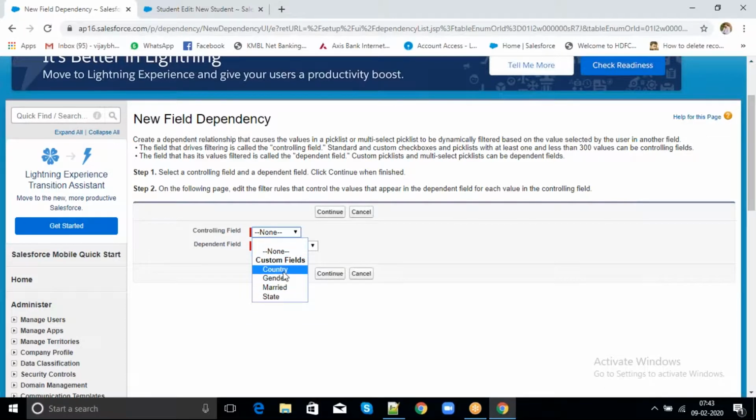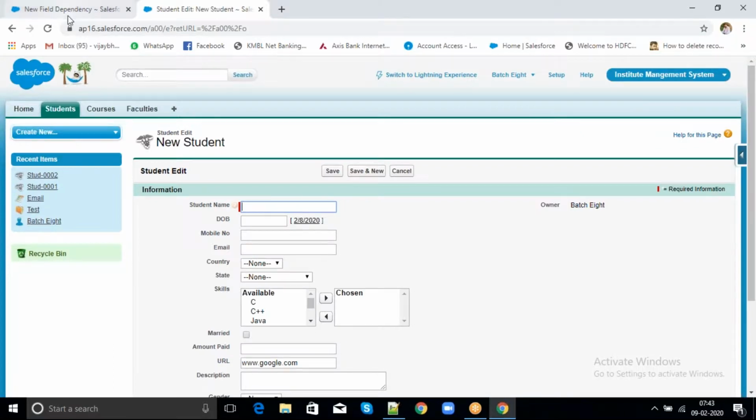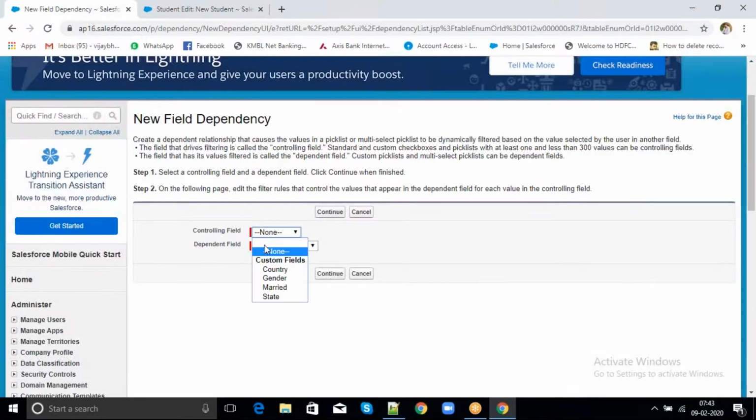Country is a pick list. Gender is a pick list. Married is checkbox. And state is a pick list. So controlling field will be pick list or checkbox.